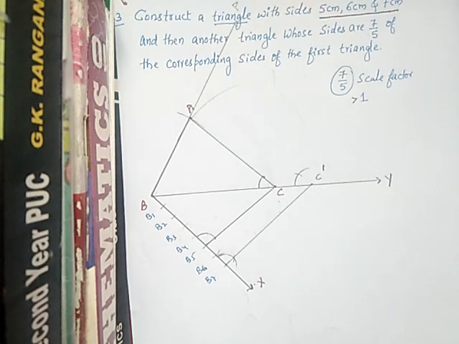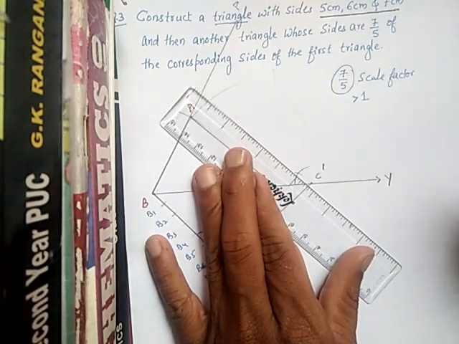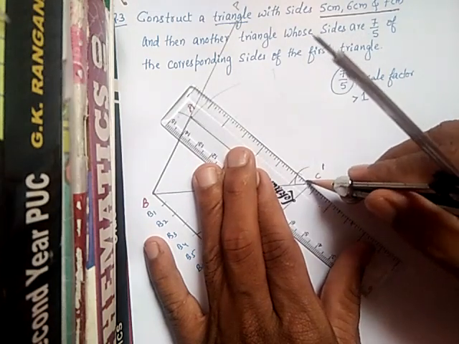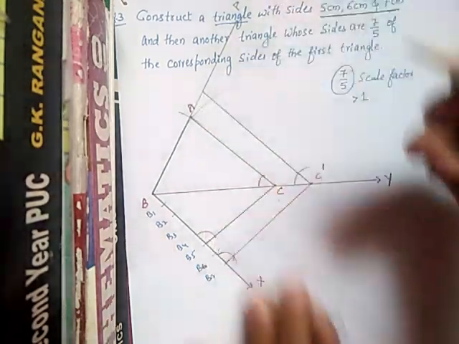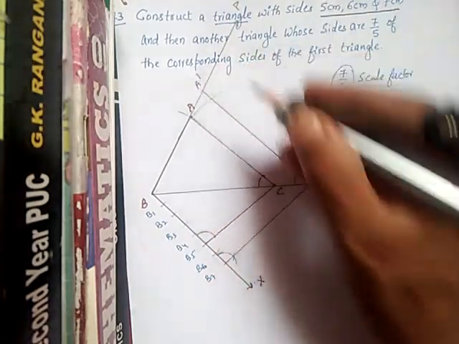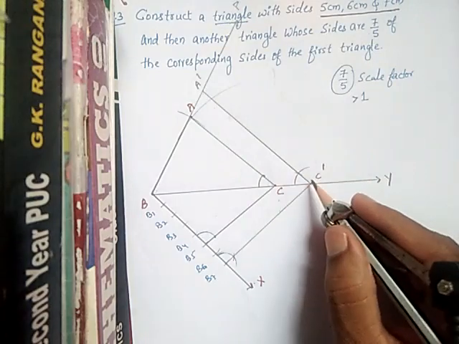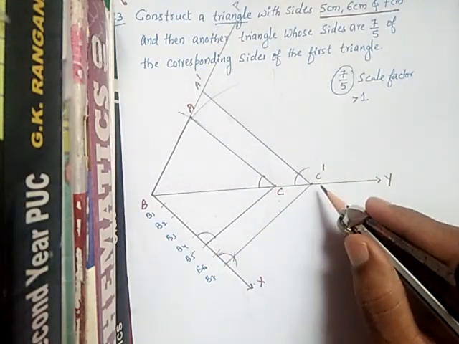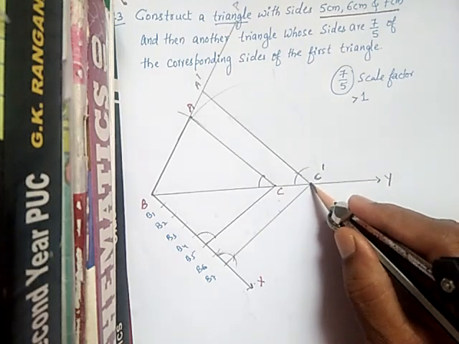After cutting, by using the scale, it should pass from here to here, so that it will go and touch on BP here. So here it is A, so I will write this as A dash. So here AC is parallel to A dash C dash, and here B5C is parallel to B7 C dash. Okay, this point is C dash.